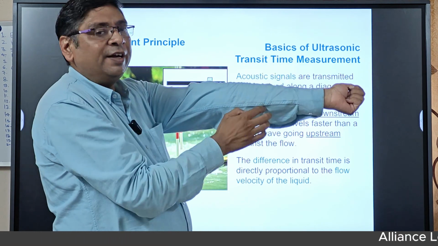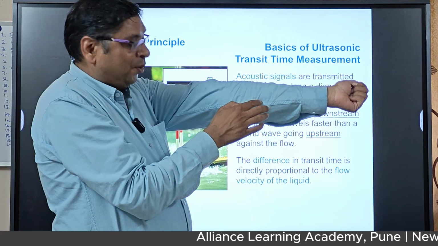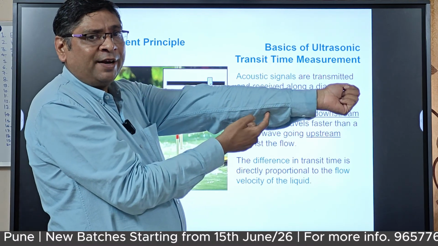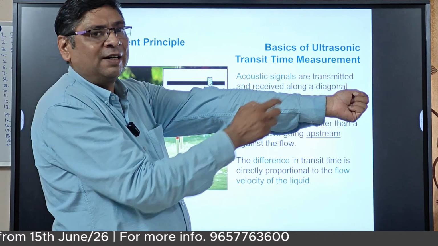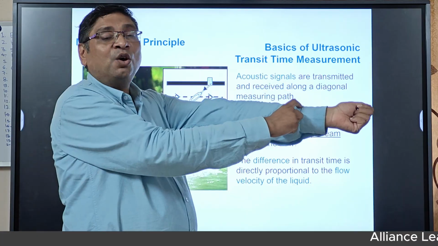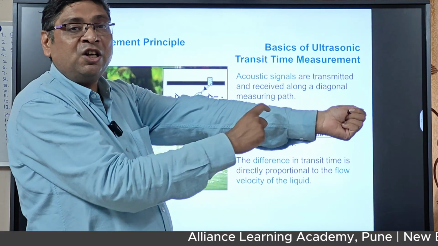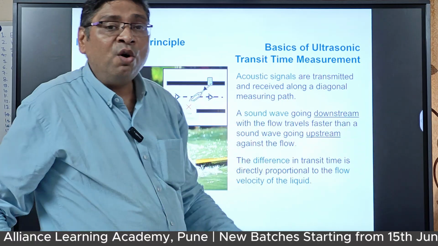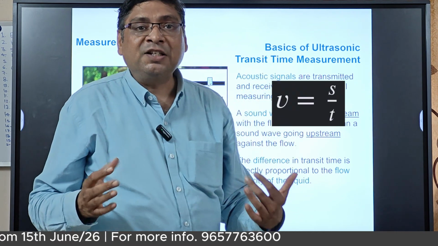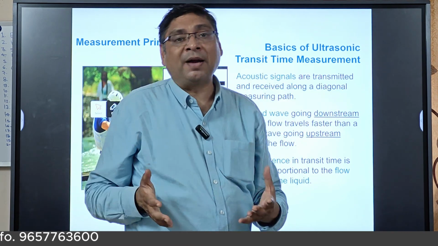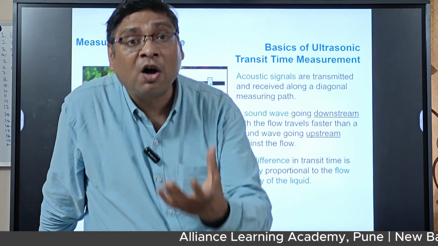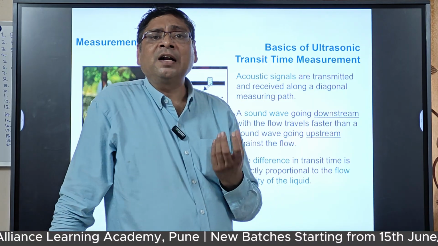Both are talking to each other. Okay, so by measuring the time, this is A, this is B. The time taken for the wave to reach from here to here is TAB, and from here to here is TBA. The distance is known, and we know the velocity of sound in a particular fluid. So we know the very simple equation, V is equal to S by T. Speed equals distance over time. And when we have calculated the V, meaning velocity, then my dear friends,